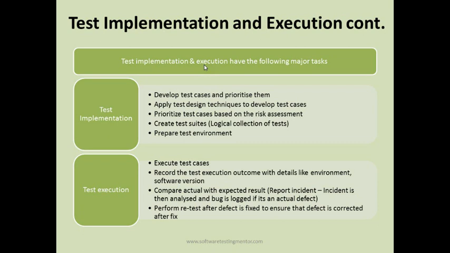Once that is fixed, you get another build, install the new build on your test environment, the test environment that you prepared in the test implementation step. You retest, you re-execute the same test case, same steps again, and verify that whatever actual result is coming now matches the expected result, the retest passed and the defect is corrected. So these are some of the